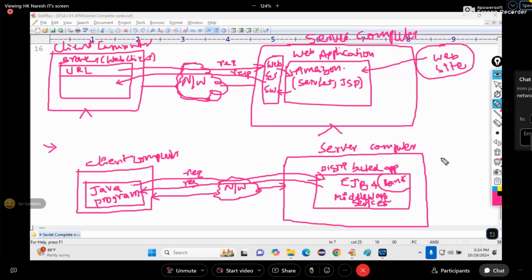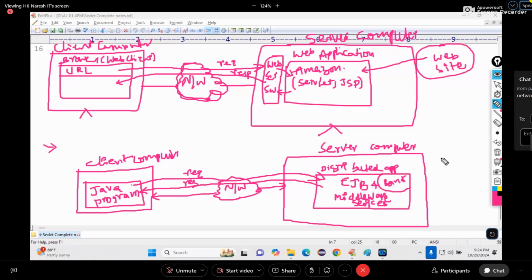Okay? Finally, tell me, very important. What is an interoperable application? An application that is accessible from any language client application is called what? Interoperable. Okay, full stop.